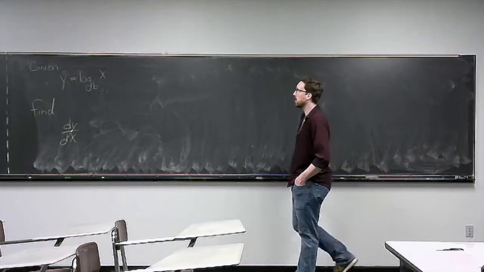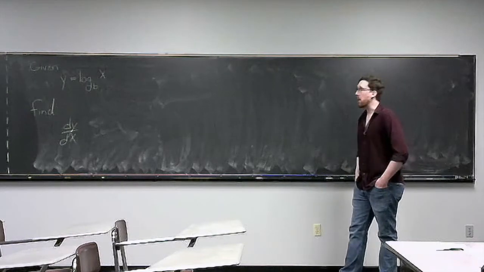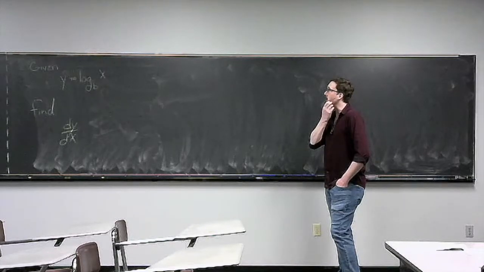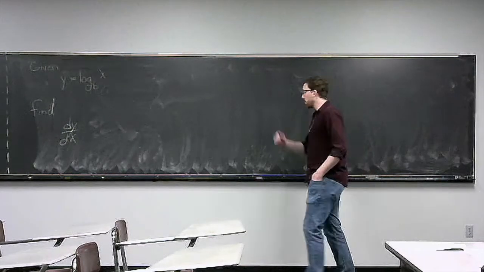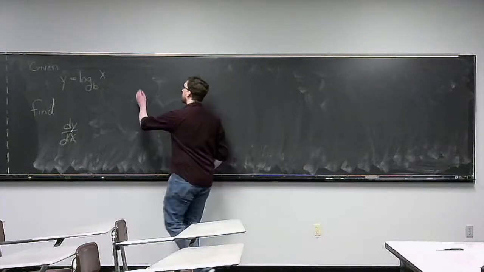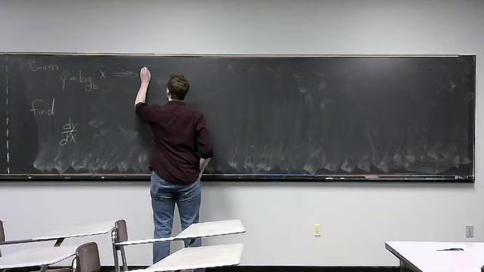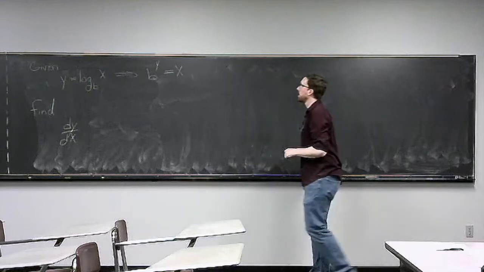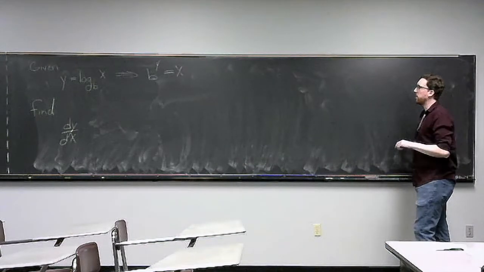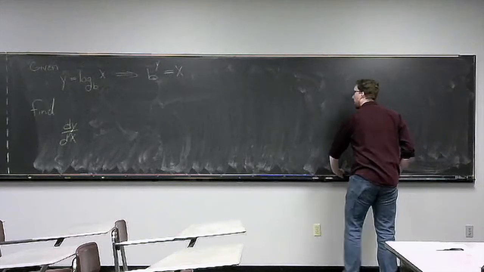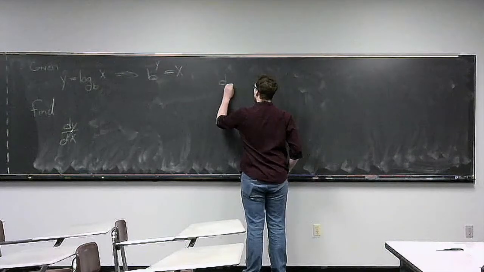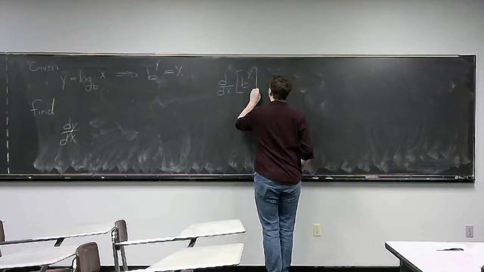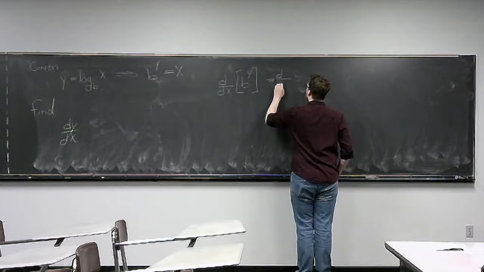I don't actually have this memorized off the top of my head. But I do know that thanks to some algebra, we can rewrite this as b to the y is equal to x. And given that, we know that if we were to take the derivative of both sides, d dx of b to the y, d dx of x,